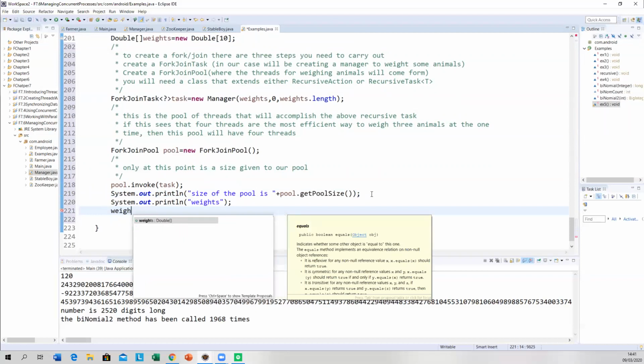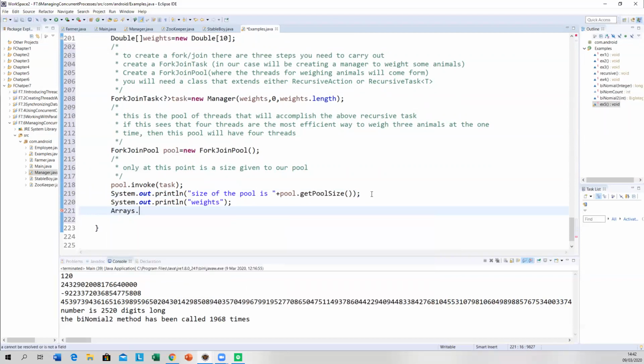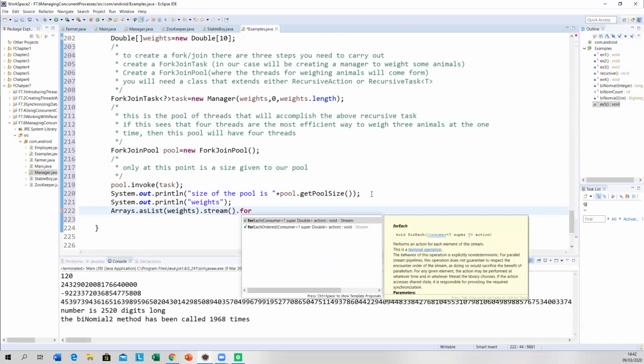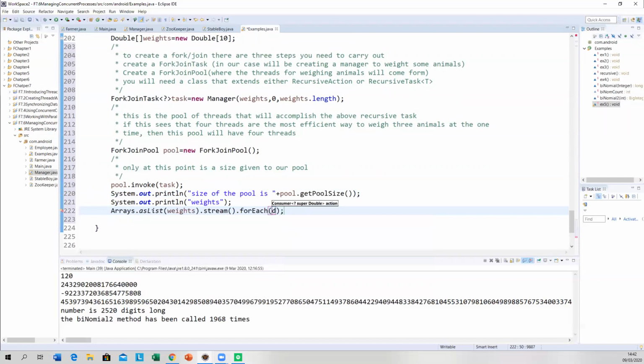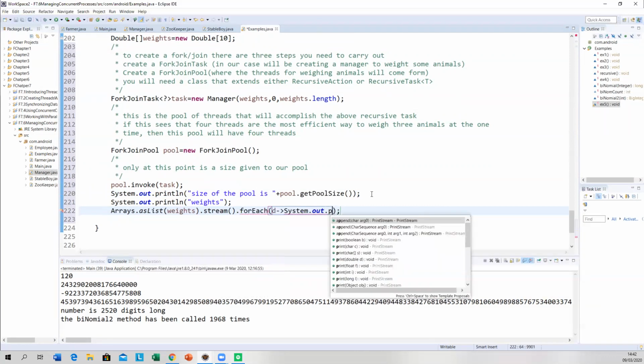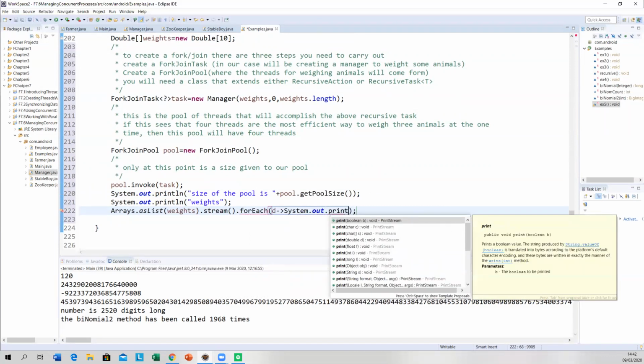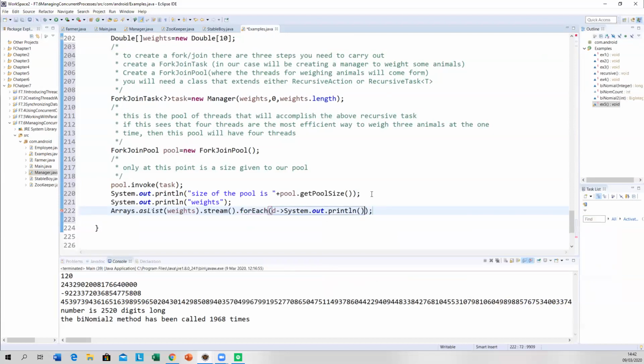Arrays dot as list weights, stream, dot for each, and it takes in a double, and I'm going to go system dot out dot println, "weight is" plus t. Now hopefully this will print out right.